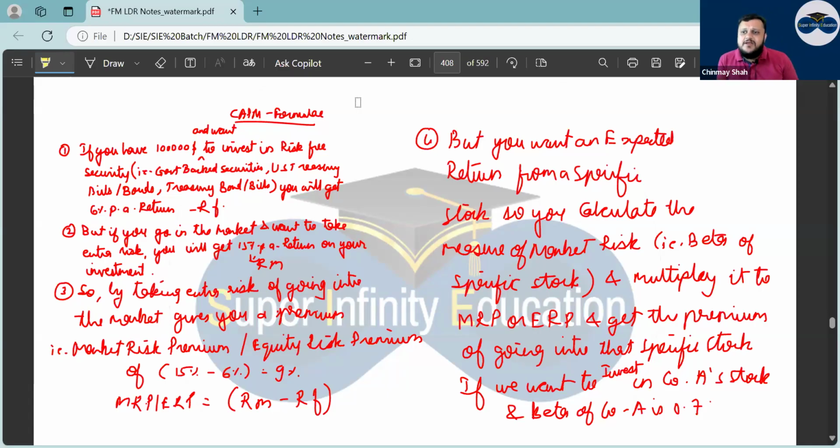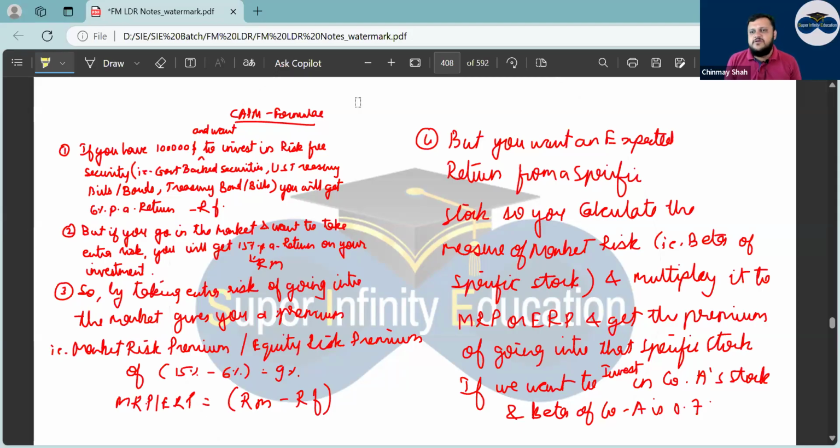Now tell me, when the risk is very low, will you have a very high return or a very low return? Risk is not there at all in this investment. Do you get a very high return or a low return? Tell me. Low return. Very low, the lowest return. Risk-free means the lowest of the lowest return. So RF is the lowest of the lowest return. But you say, sir, 3-4%. We don't want this kind of return, correct? So we want a slightly higher return.